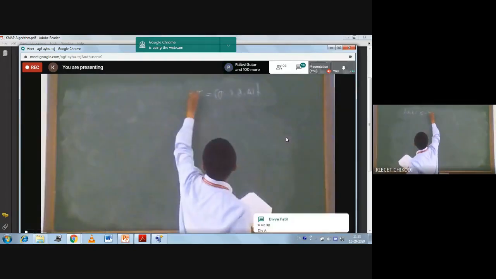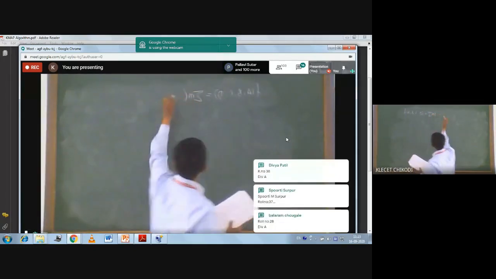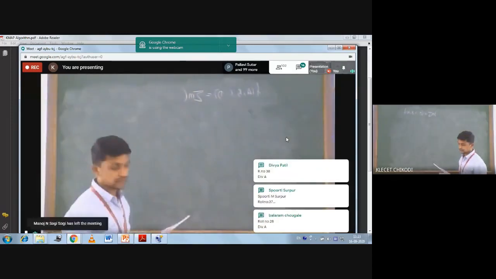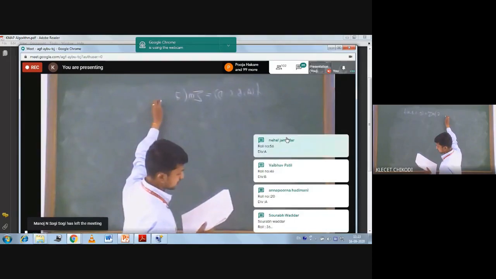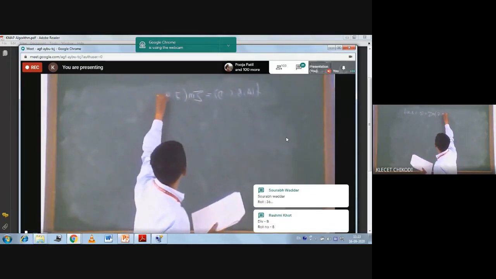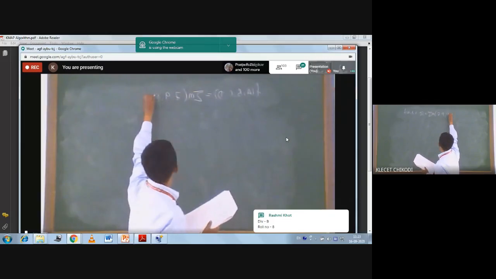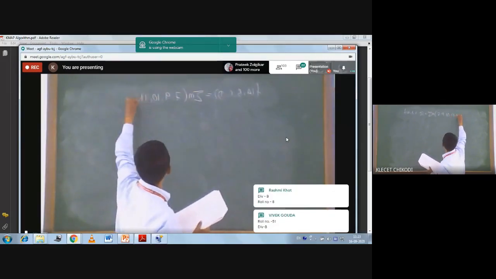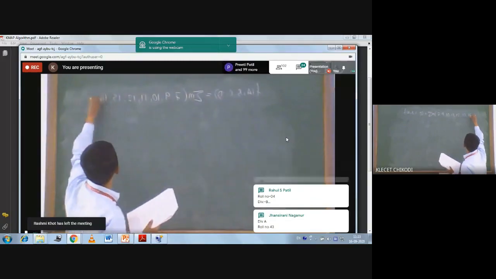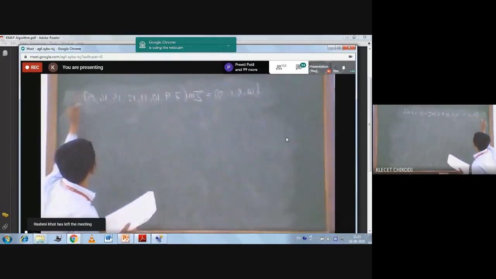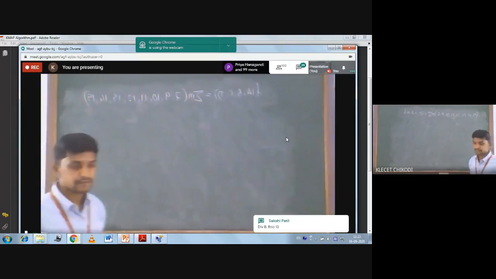Here they have written summation. Summation term is there. Fine. And they have written it like this: 7, 9, 10, 11, 12, 13, 14, 15.